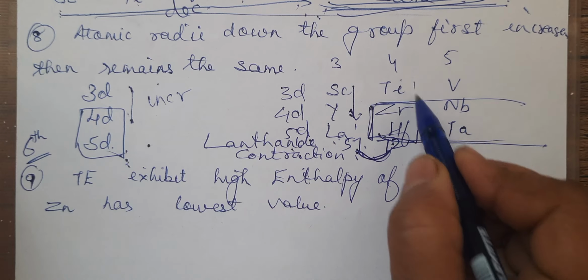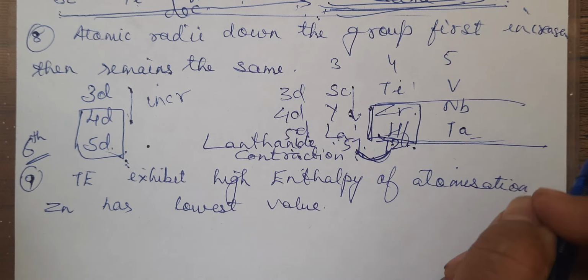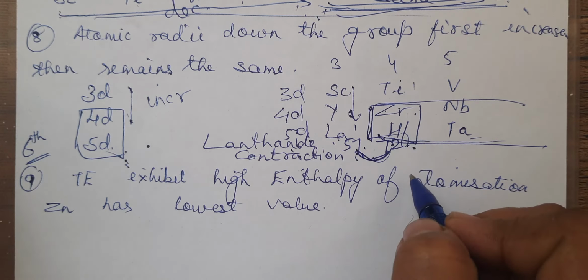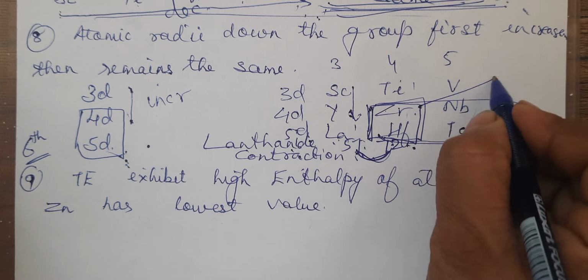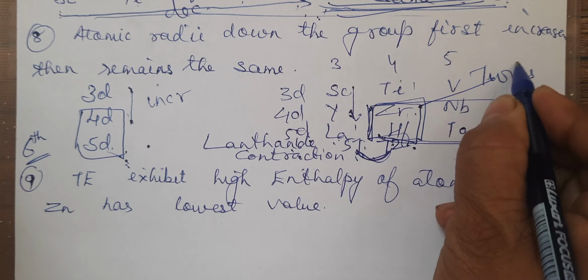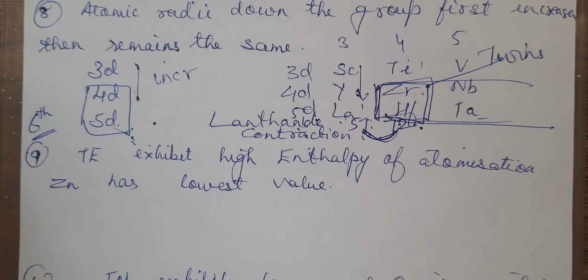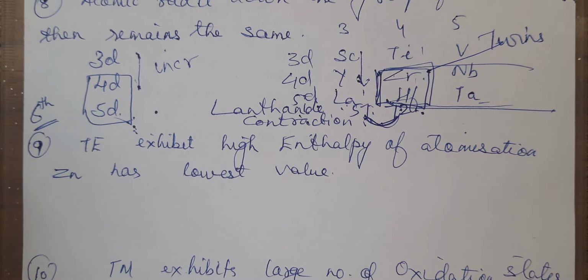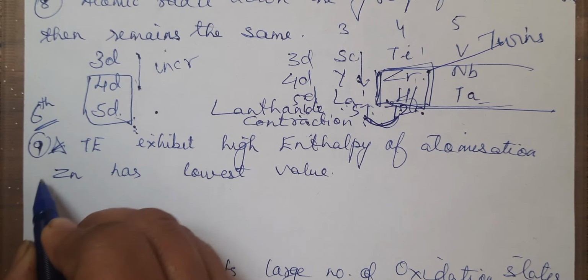So from here to here it is increasing, but this is a post-lanthanide element, hafnium, tantalum onwards. So they become almost the same. And it is said that zirconium, hafnium, they have exactly the similar size. So they are also termed as the twins of the periodic table. Right? Next question. Transition elements exhibit high enthalpy of atomization, or you can be also asked like this, that why